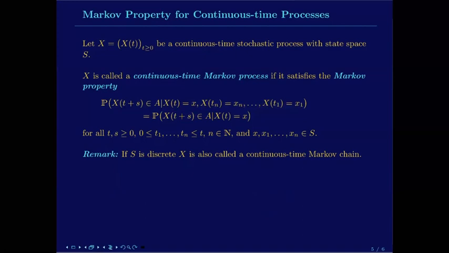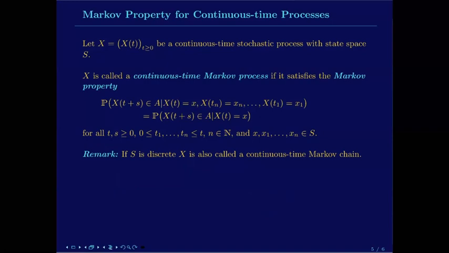So xt equals x, and then we have an arbitrary number of n time points, so any arbitrary n, being somewhere in the past between 0 and t. And then if this conditional probability does not depend on the past here, but only on the most recent value at time t,